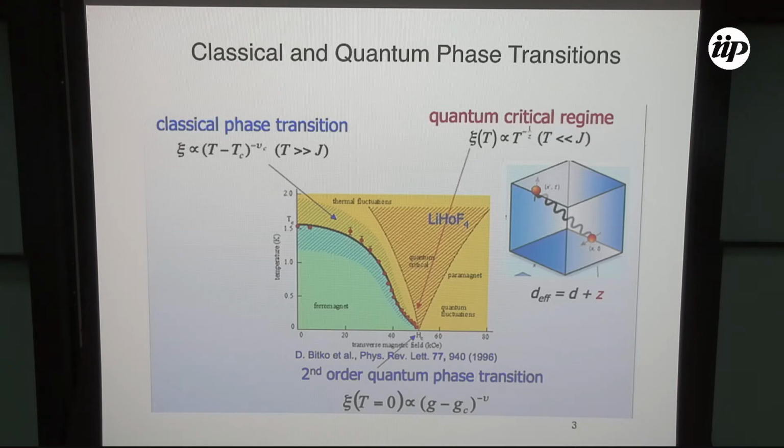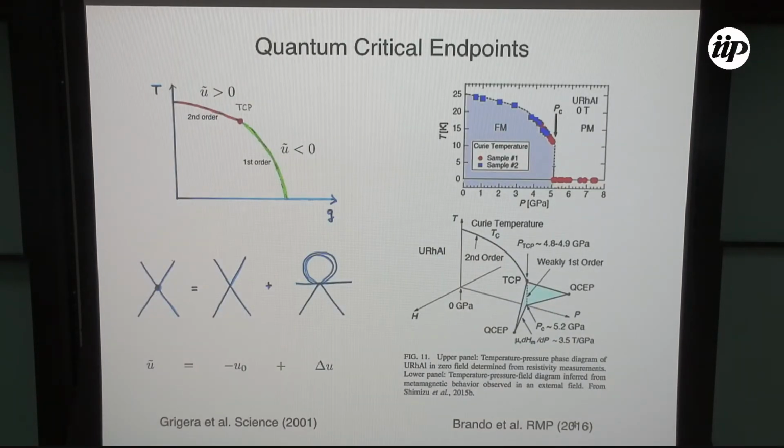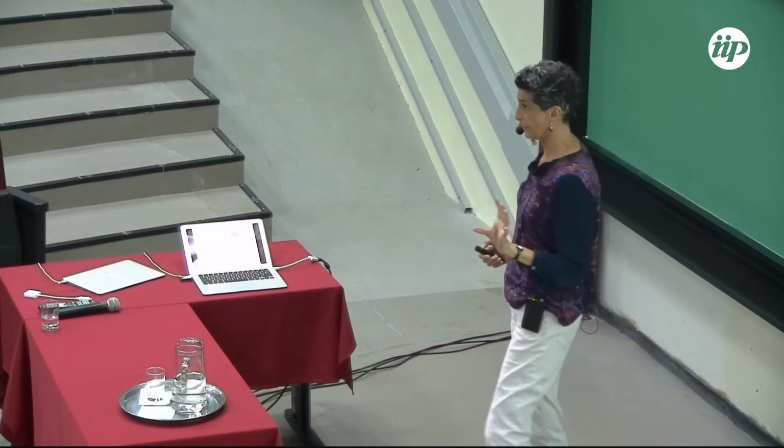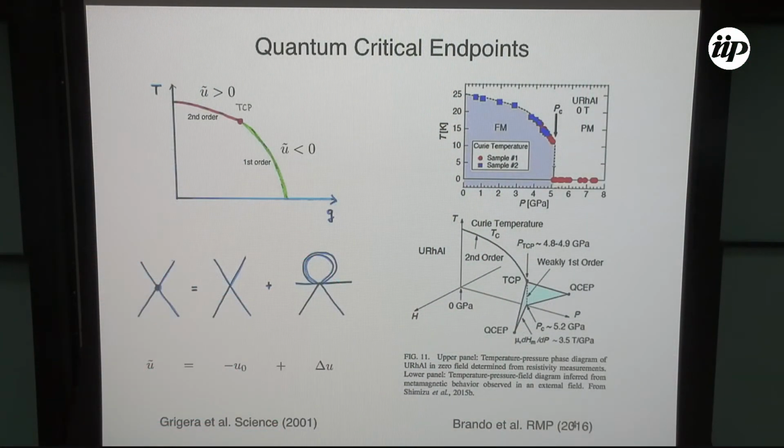All right, onward. So let's go back to the previous scenario. In the previous scenario, how did it work? At T equals 0, we have a first-order phase transition. Now, how do we get a first-order phase transition? If we look at the lower energy effective action, what it means is that the quartic term coupling the critical fluctuations has to be negative. So the quartic term is negative. In this case, it's due to magnetic excitations coupled to particle-hole excitations.